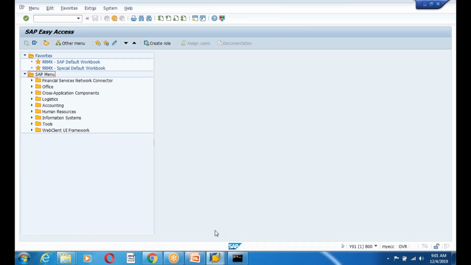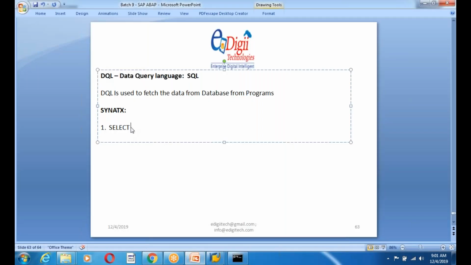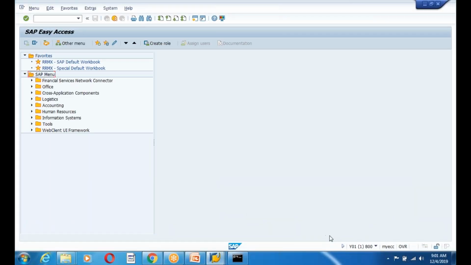So what we are discussing is the select statement, how you can fetch the data from the database. So maybe our table is, what is the database table which we are using? Maybe we have created one table. The table is,